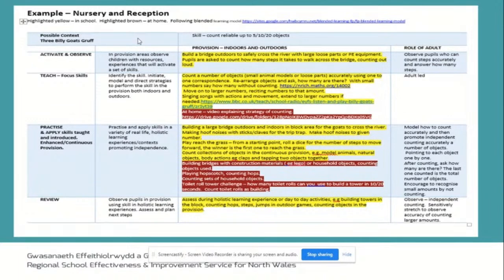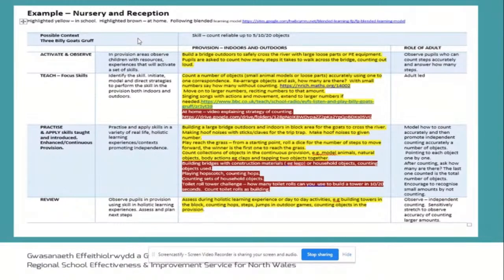Within the focus tasks, there are guidance materials available online and also a selection of songs and rhymes available to practice counting as part of your everyday provision for children to learn. Then there are opportunities to practice this skill in real-life context while building bridges in block and construction, playing games outdoors, counting collections of objects within the indoor and outdoor environment, or natural objects outdoors.